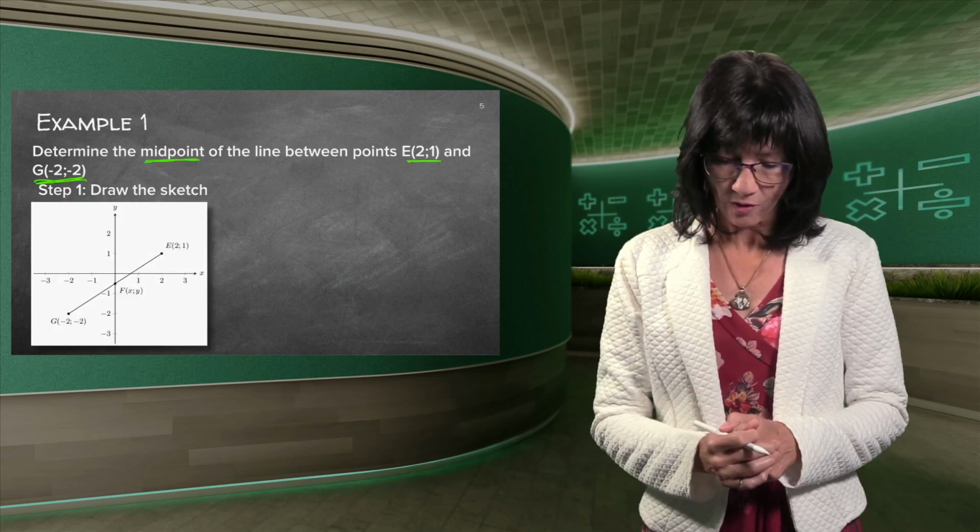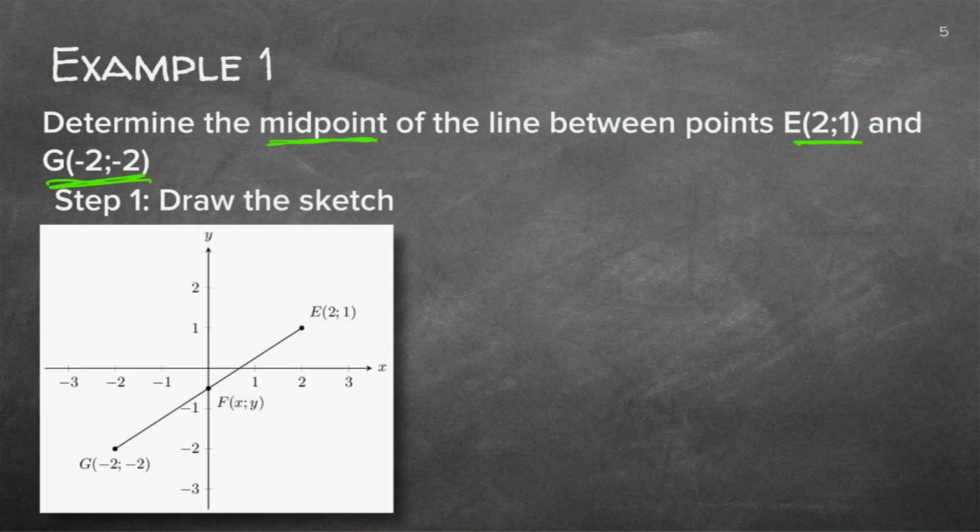So let's just get back to example 1. We read the word midpoint, so immediately I'm going to do the midpoint of EG, and I'm going to write down my formula. Now a point looks like that. You agree? A point consists of an x value and a y value in that order. So I need to have my x's on this side, but because I want to go to the middle, I'm going to say x1 plus x2 divided by 2 because I want the middle. y1 plus y2 divided by 2 because I want the middle.